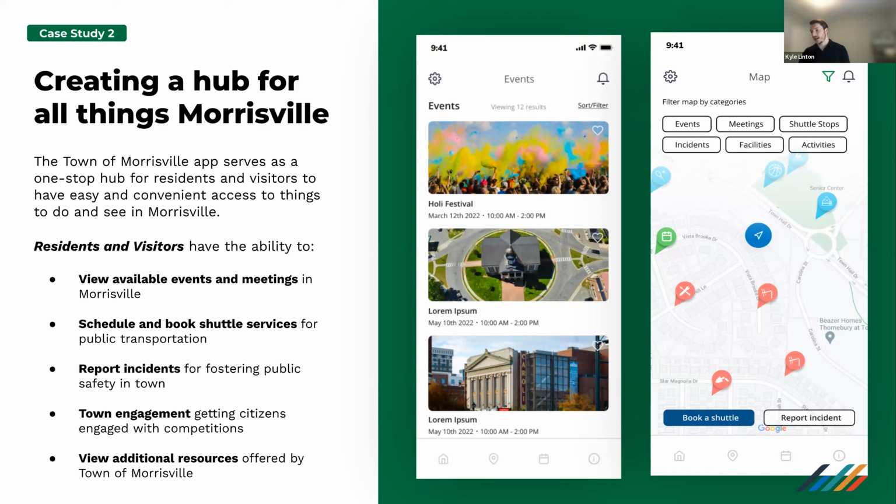But then on top of this, I think it's really important that with this map view, the team came to us and said, these are things that are critical for us moving forward: being able to book a shuttle, with an integrated shuttle system that the town has, but also being able to report an incident, road closures, power line issues, different things that come up that citizens need to be able to report, and the town can respond to in real time, which shows a level of further engagement.